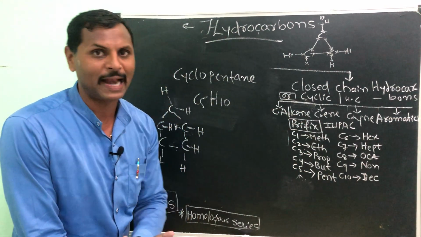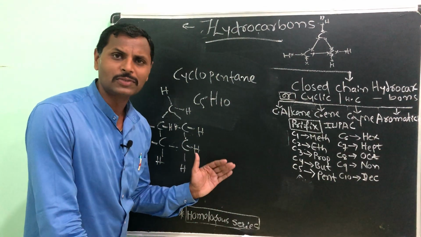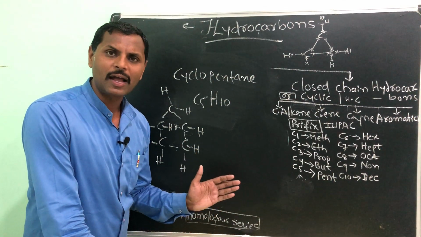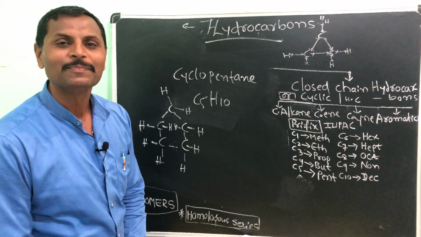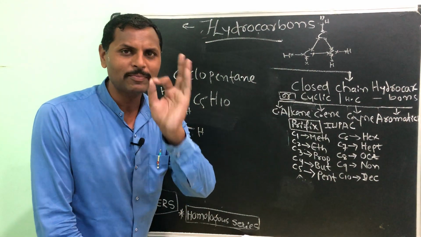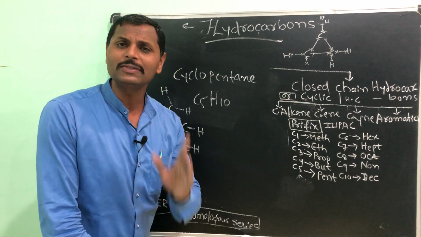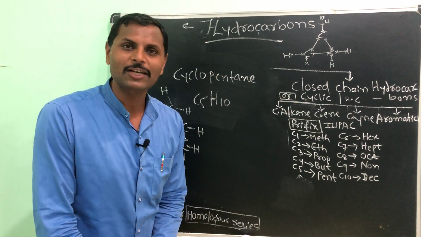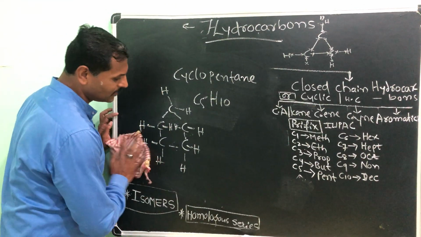I know that you will practice. I know you people are very active. You will not stop only at cyclopentane, you will try even up to cyclodecane. So starting from cyclopropane. Why? To make a cycle, minimum 3 carbons are needed. That's why we have to take 3 carbons, from cyclopropane up to cyclodecane. Please try it at home.